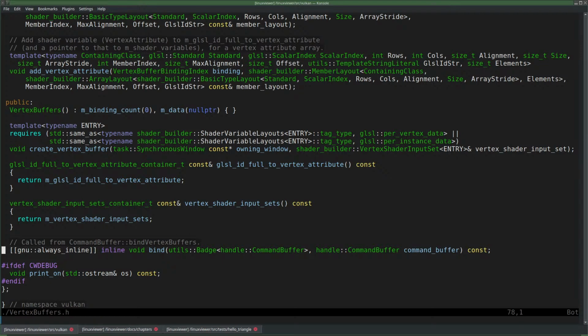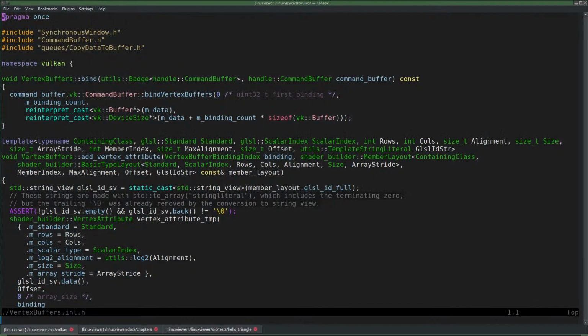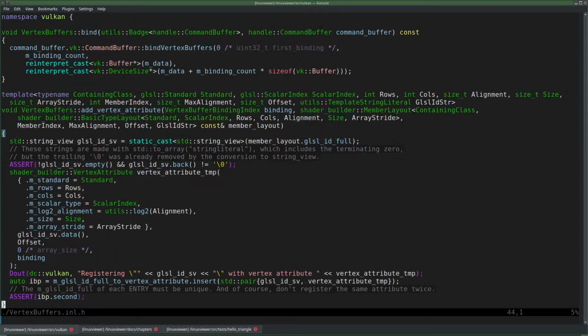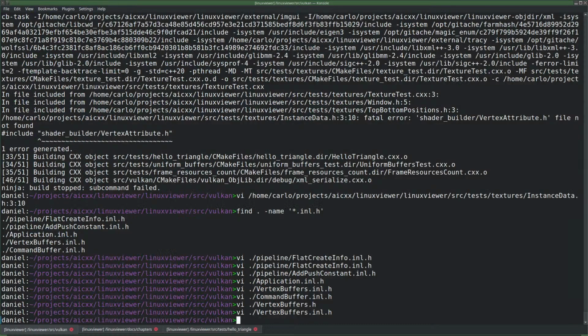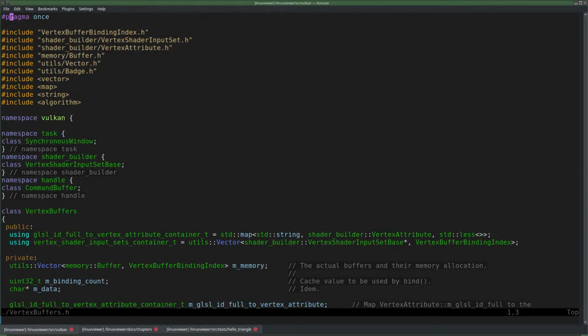So this bind vertex buffers, which defines bind, as well as a template. Let's go with that. So what if I include a define here at the end, I think.